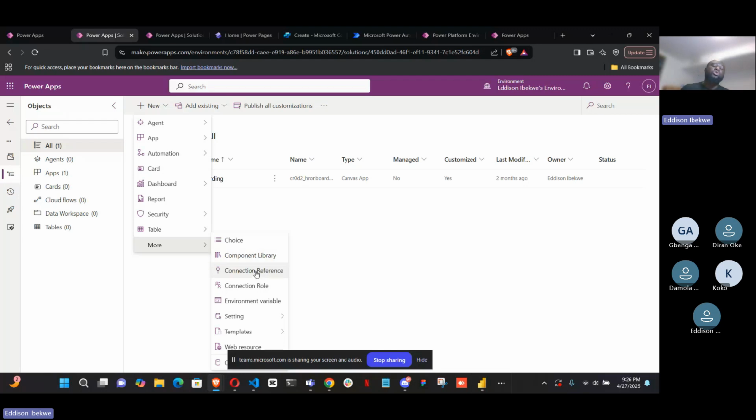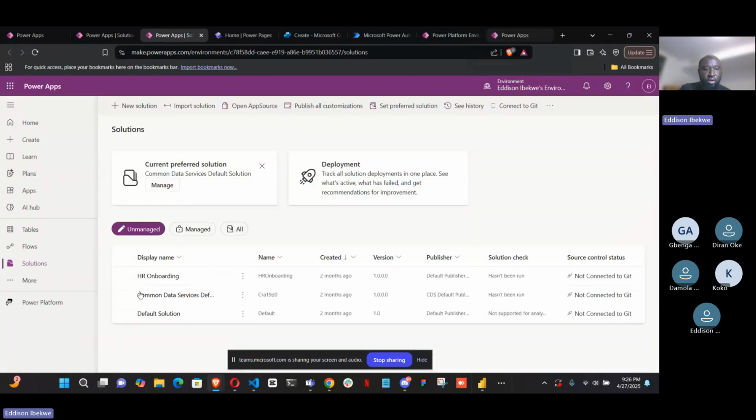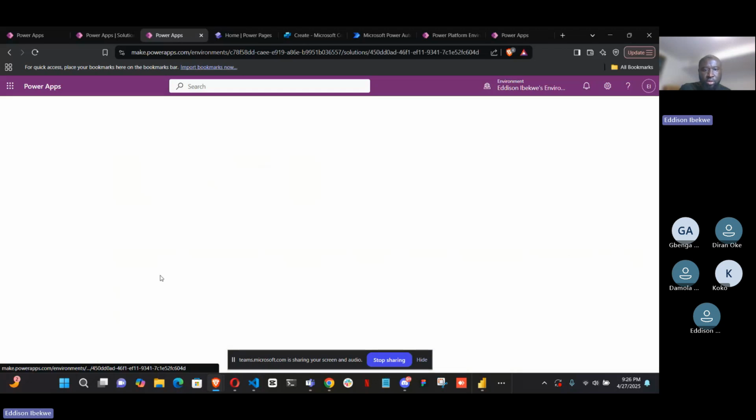Now, connection reference. When you talk about component library, it is not clear to me. Okay, let me explain that again. So let me open something that we can use to explain that. It's good that questions are coming up, because we can easily address wherever there's any confusion. I'm trying to see if there's an app that we can use. Okay. HR onboarding. This is